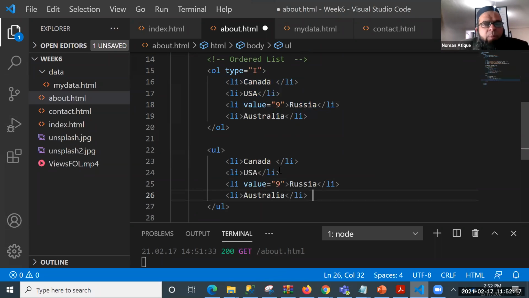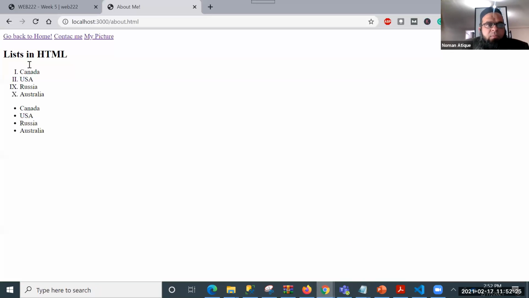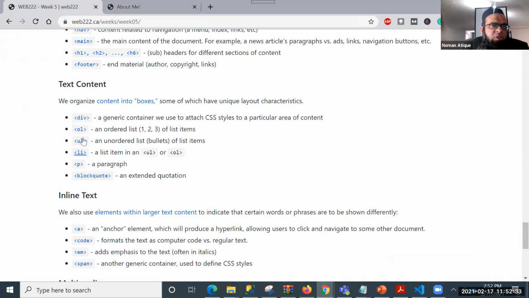Everything should be followed by li, and there is no need of value here because it's not an ordered list. Now you see here, unordered list is basically bullets. Bullets in HTML are unordered list. OL is the ordered list, 1, 2, 3 list items. UL is the unordered list, bullets of items, and LI is the list item, or the item that you want to include in the list.